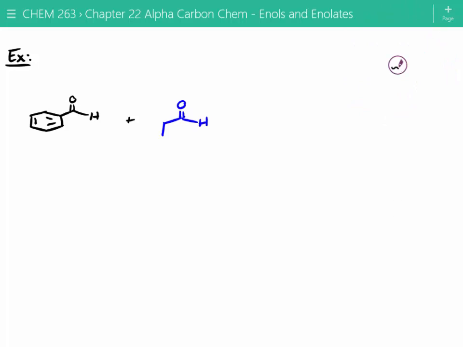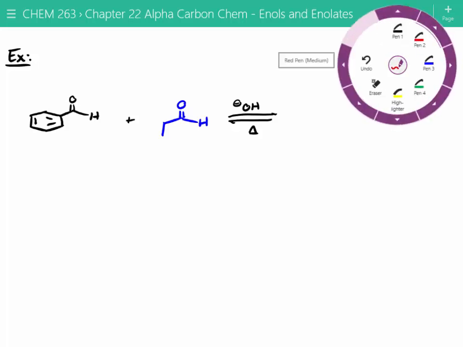And we're going to react this with sodium hydroxide and heat. What's one beneficial thing about this reaction compared to the previous example where we got 4 products? Only one starting material with alpha. Yeah, exactly. So in this case,